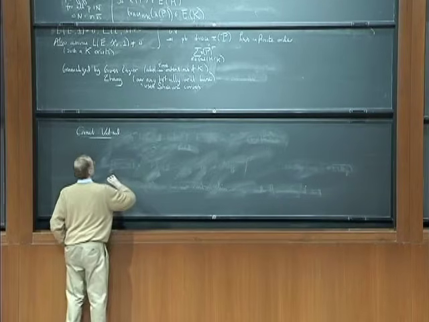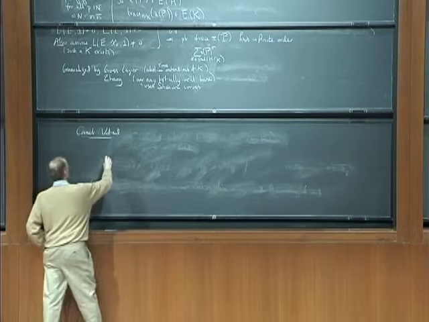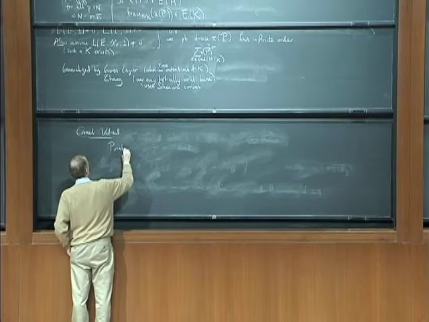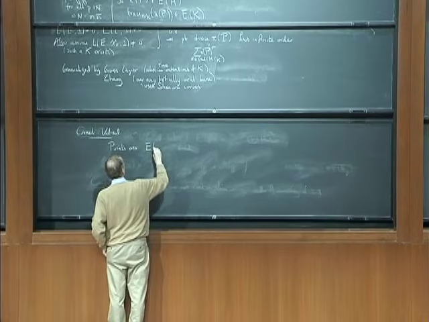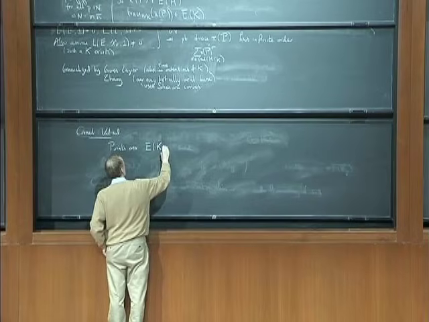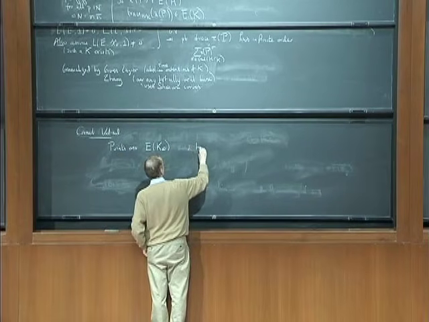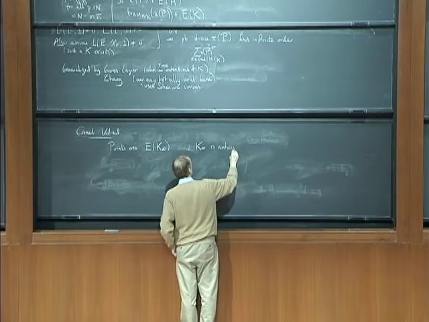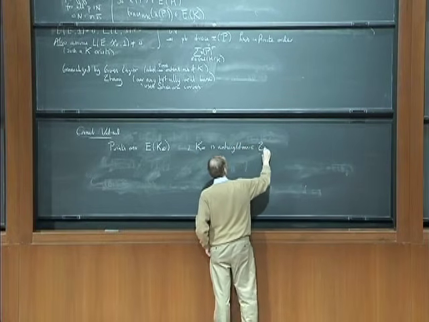Supposing rather than trying to get a specific point, you're interested in getting points over, say, the anticyclotomic Z_p extension. So K infinity is the anticyclotomic Z_p extension